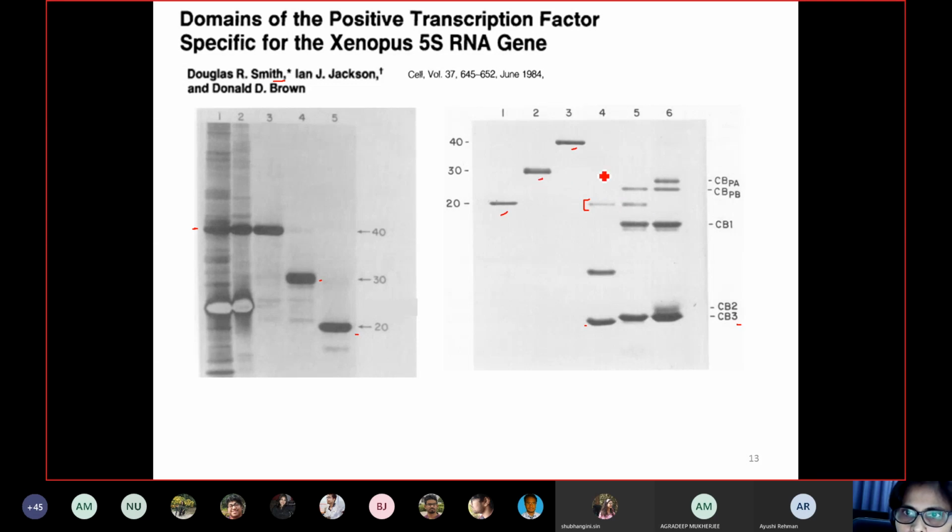Similarly, when 30 kilodalton was incubated with cyanogen bromide, you get cyanogen bromide fragment number 1 and cyanogen bromide fragment number 3. And these are the partial fragments, that means it is not digested completely. So these are the partially digested fragments A and B. When 40 kilodalton was digested with cyanogen bromide, you basically receive three fragments, 1, 2, and 3. By molecular weight, it was found that this is around 11 kilodalton and this is around 20 kilodalton.